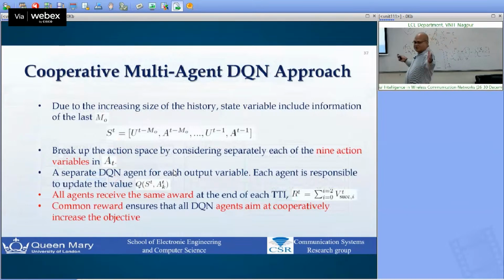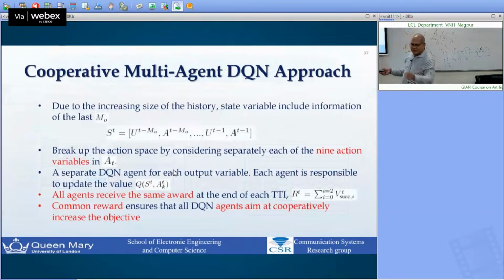We cannot take the whole time, infinite, we cannot take. We cannot take all previous tens of thousands of time intervals, because the state would be a huge number. So due to the memory problem, we consider the previous 10 time slots, previous 20 time slots. So observation and action